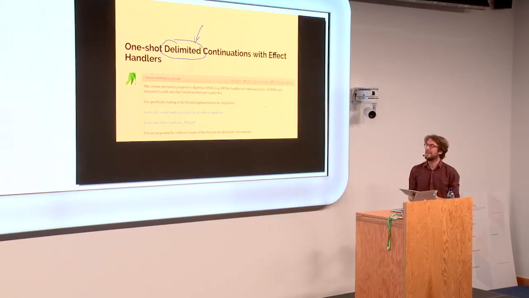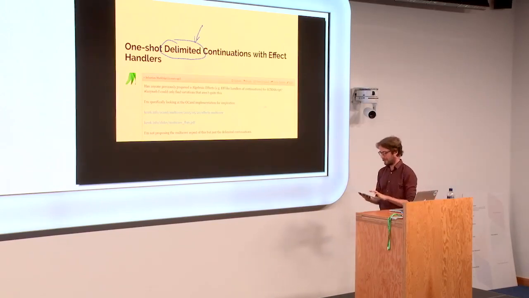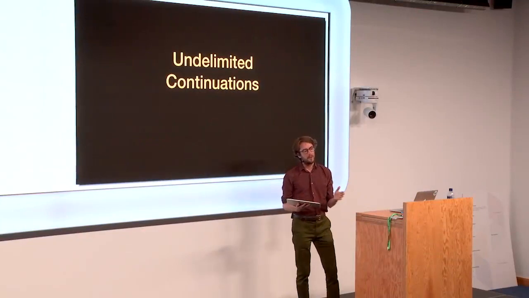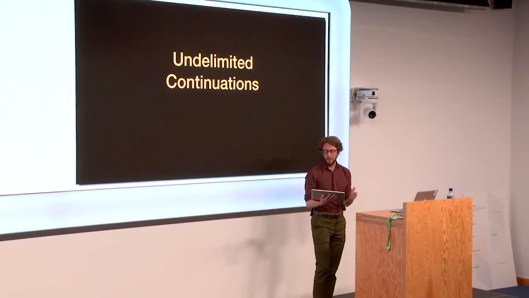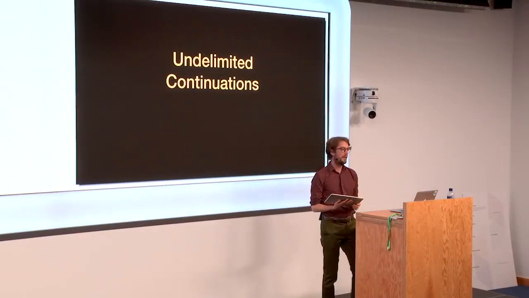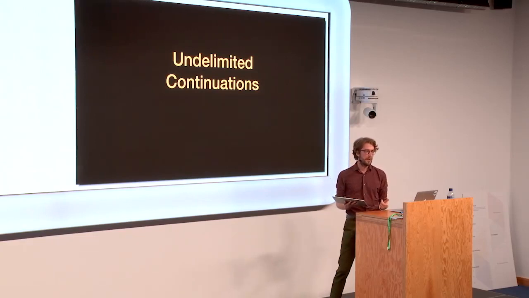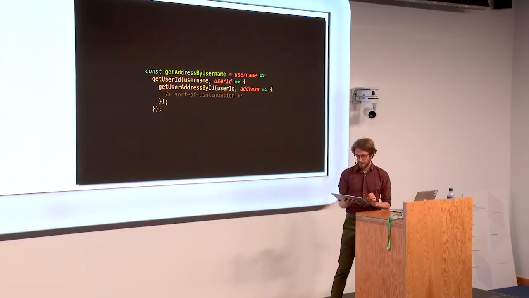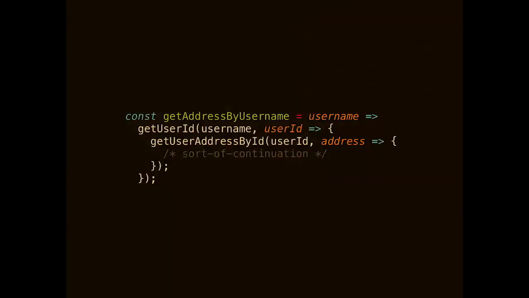What about the delimited in the delimited continuations proposal? So far I've been describing undelimited continuations. That's a continuation that captures the whole sequence of frames up to that point. In other words, if you call that continuation, when it exits, the program is over. Undelimited continuations don't return. They're very like callbacks in the way that they work, and they have the same problems.